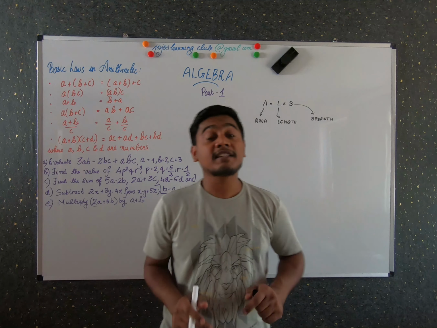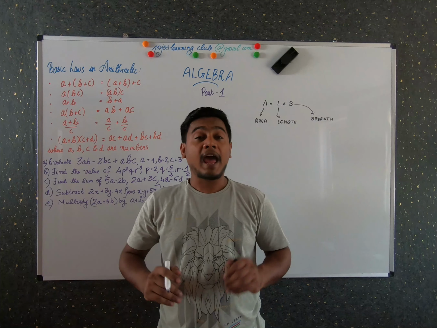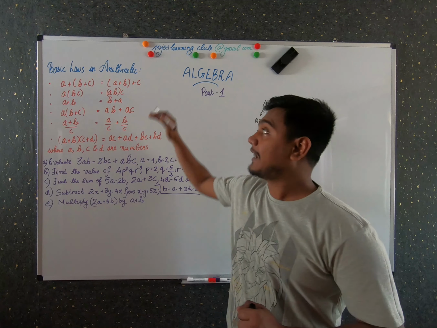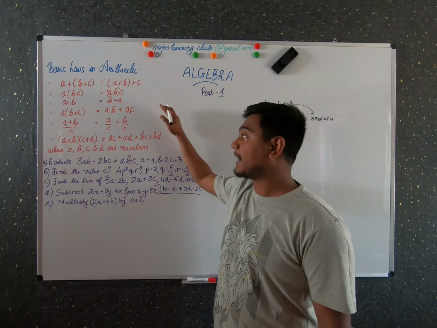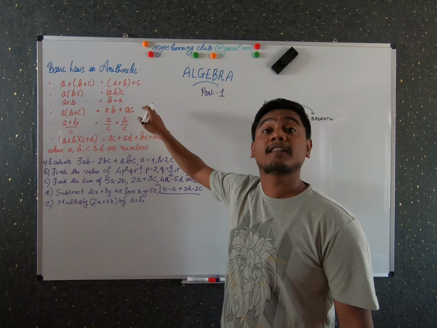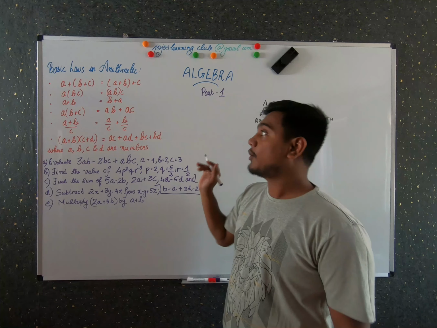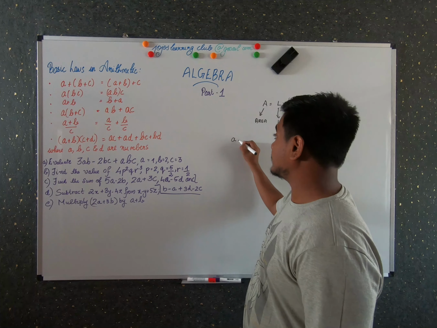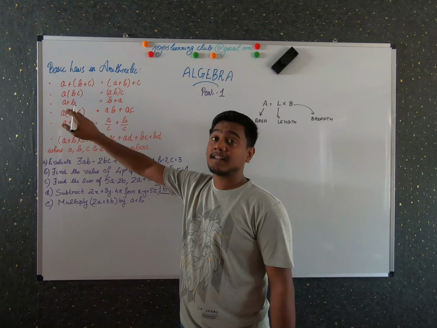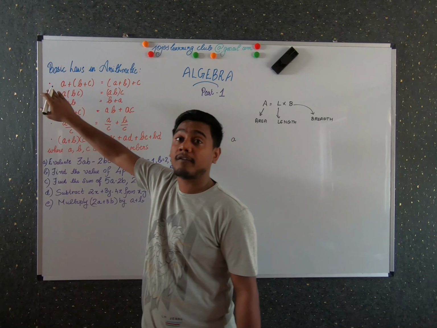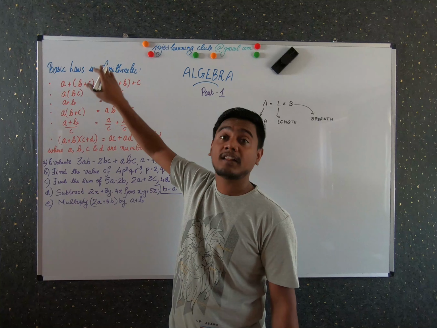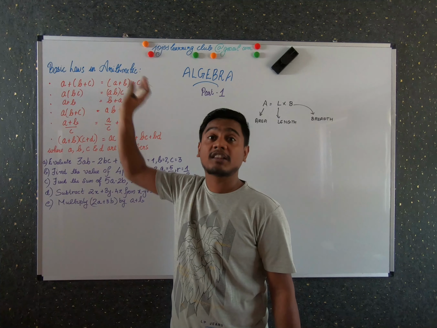And now let's learn some basic laws in arithmetic, and this can be generalized using algebra. So let us assume that A, B, C and D in these basic laws are all numbers. Let's take the first law, A plus B plus C. So what is said? It is nothing but the first number when added with the second and the third number is same as adding the first two numbers and adding with the third number.